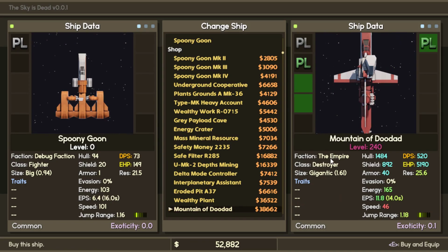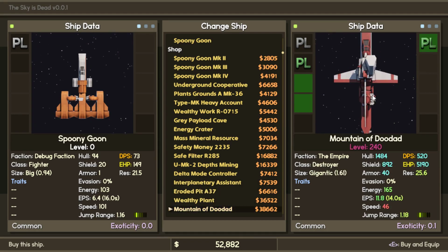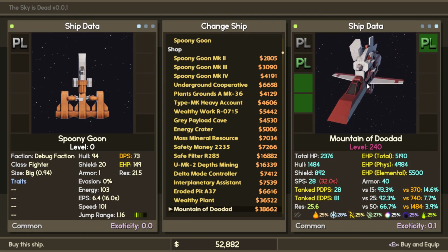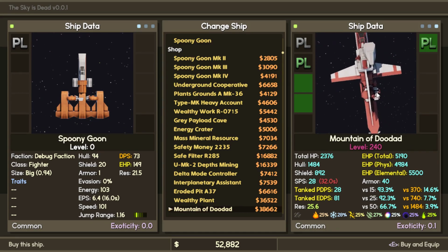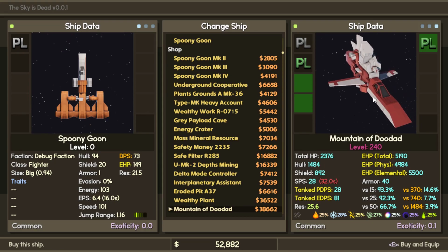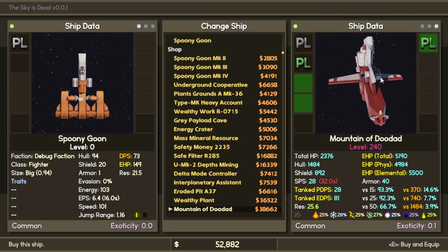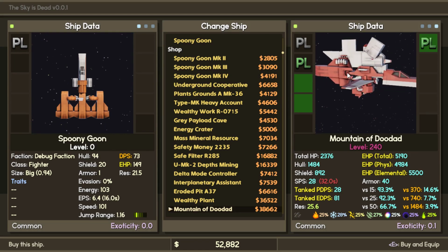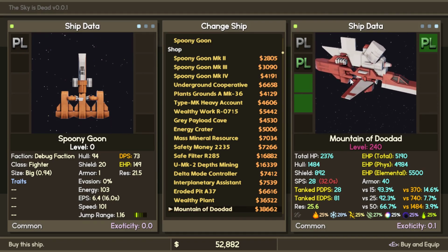You might see that these ships have different ship classes, like this is a corvette and this is a destroyer. These are just the size multipliers at the moment. I mean, there are stat multipliers and size multipliers, but they're not using different algorithms because they're all using the fighter algorithm. I was just testing how these ships would behave, because they would be tankier and slower, and for